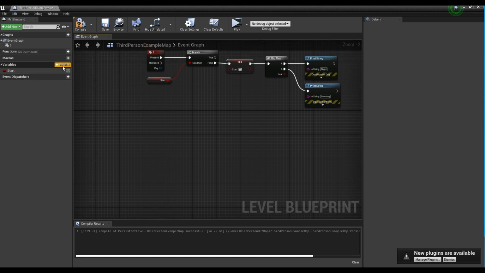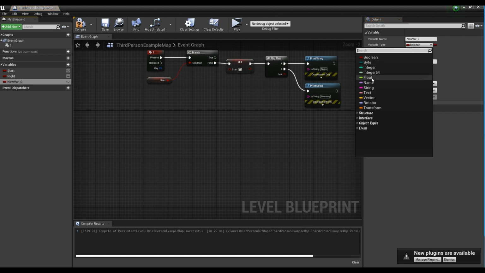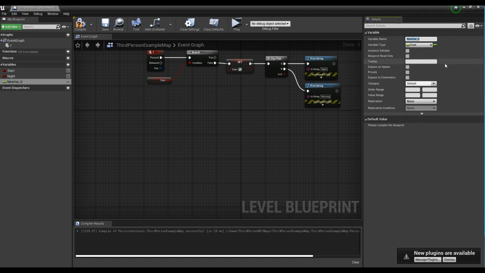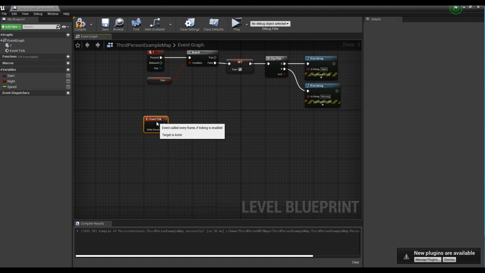Next, create a bool variable named night and a float variable named speed. Float variable defaults to around 8-12. After creating an event tick node, drag the event tick pin to create a branch node.